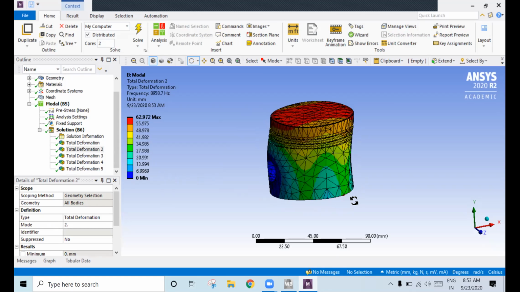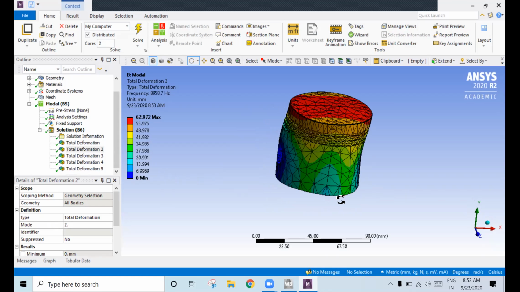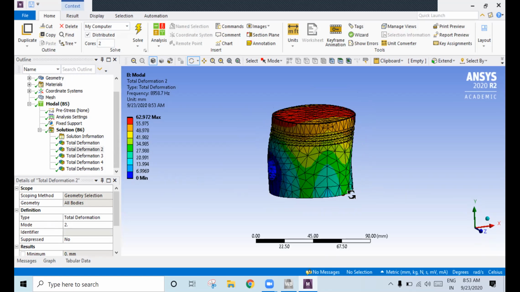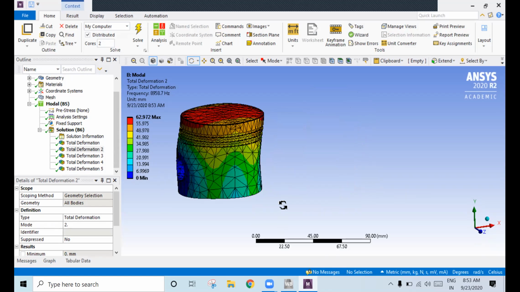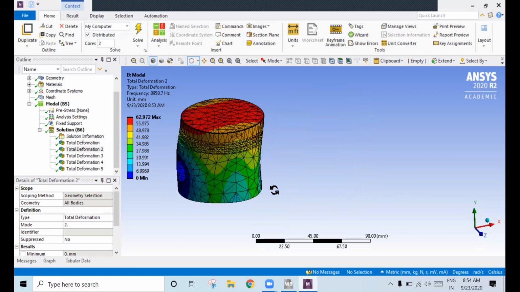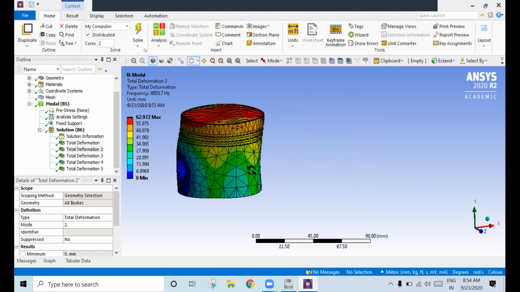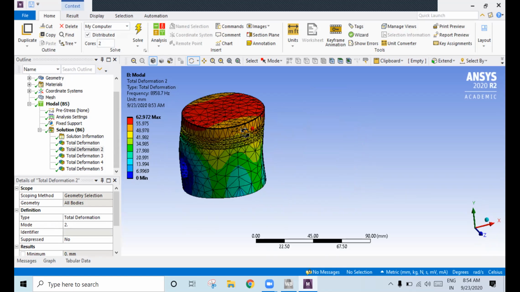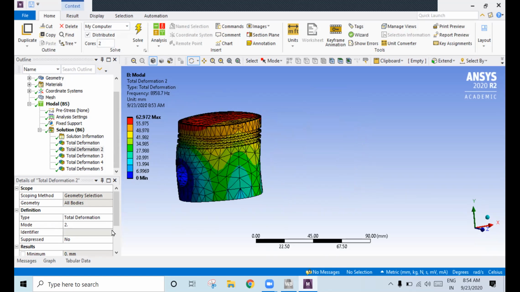Whenever you are uploading the results in your report, you have to position this piston into a proper mode shape, so that we can easily observe what type of mode shapes we have got.